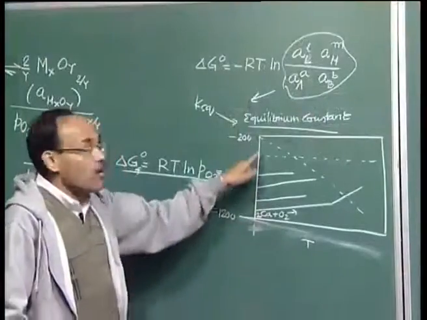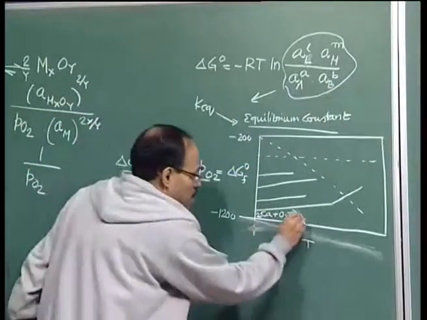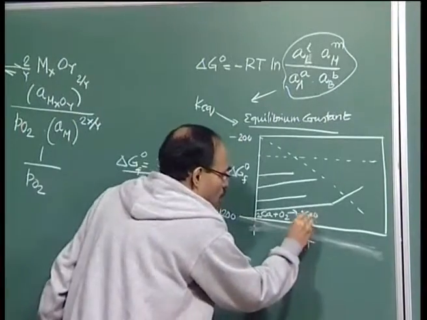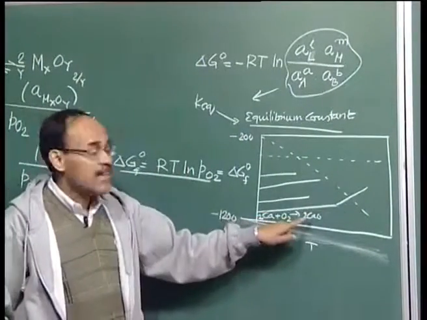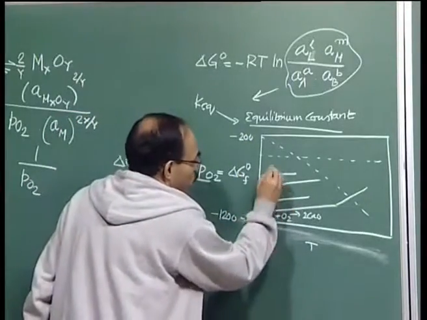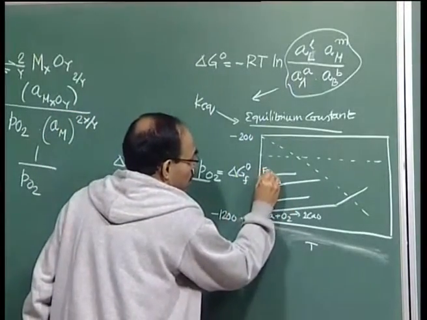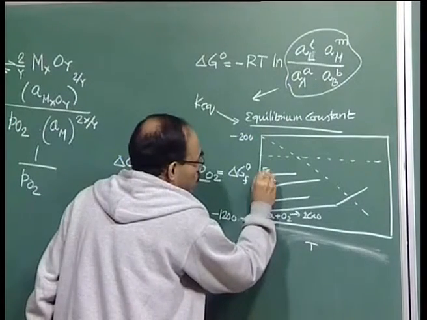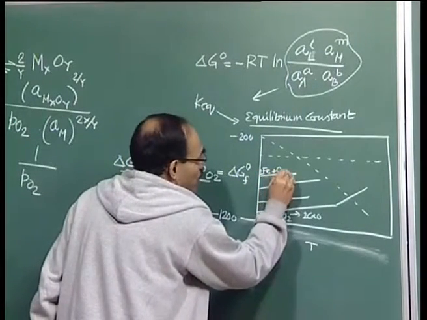All this is done per mole of oxygen, and this is 2CaO, which essentially indicates that calcium oxide is a very stable oxide. On the other hand, if you look at iron oxide, for example, 2Fe plus O2, it is going to be relatively